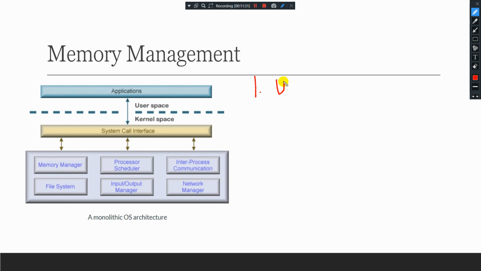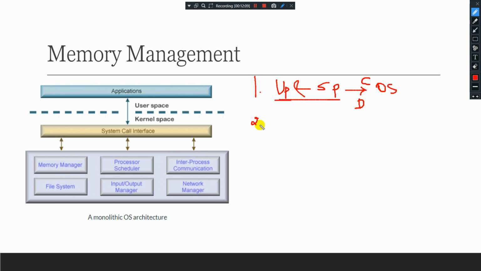Process management will create a user process and a system process by the OS, and it can also delete a particular process.